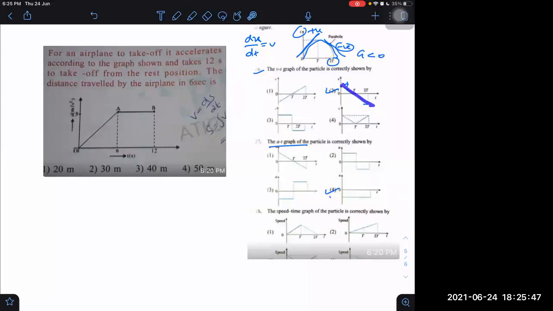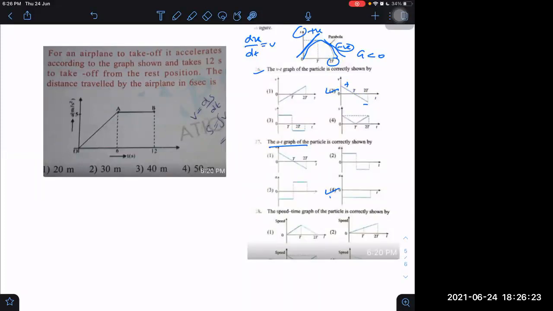And the graph will be a straight line. I just said velocity versus time should change from positive to negative, but that does not mean it can change in a curvilinear way. Why not? Because when the st graph is a parabola, s is a quadratic equation in time. If s is quadratic in time, then the derivative of displacement will not be quadratic, it will become linear. Linear means a straight line graph, with initial velocity positive and finally velocity becoming negative. This is the only graph then possible.